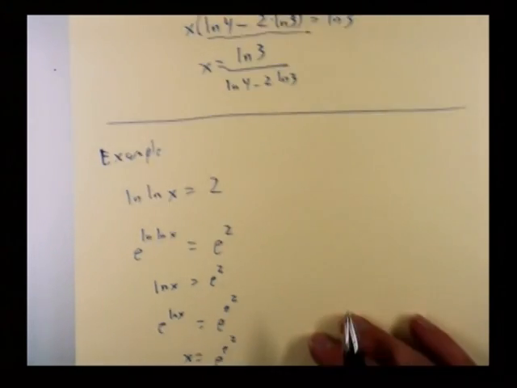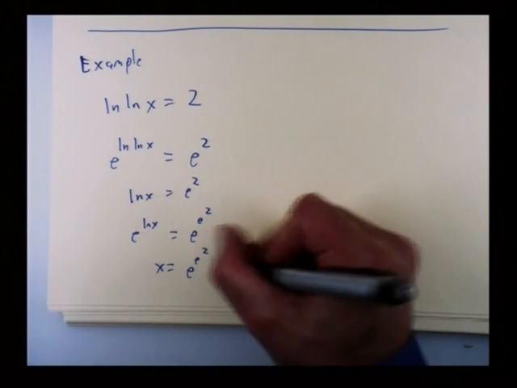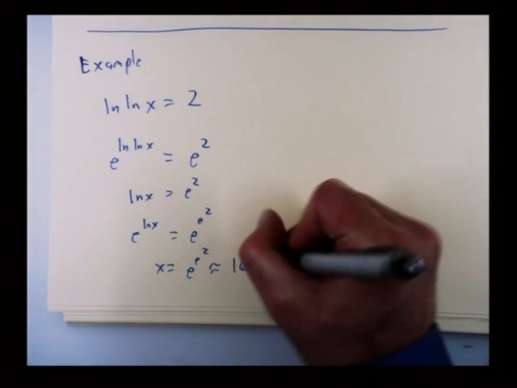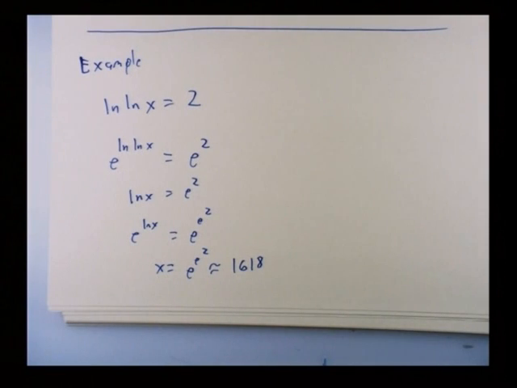E to the 2 is a perfectly nice number. We can write it that way if we want. We might be happy to know this number is a little bit more than 1600. It's quite big. In fact, it's interesting, this function, the natural log of x, has a domain that goes up